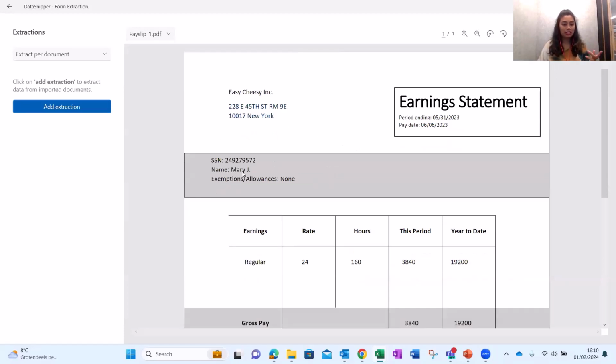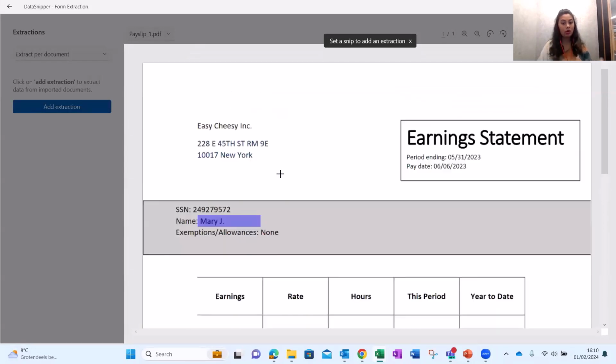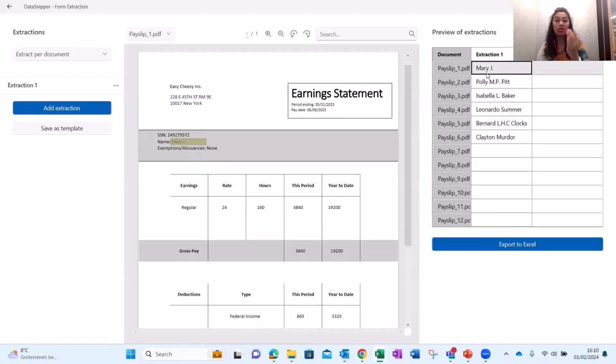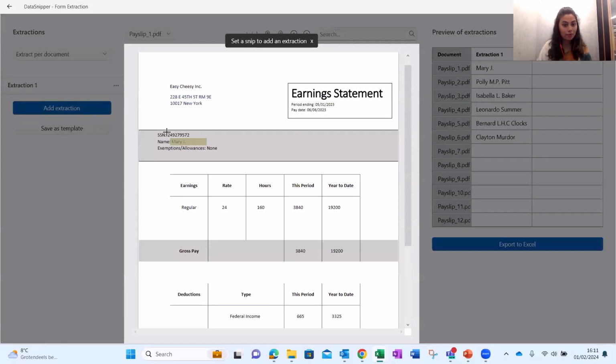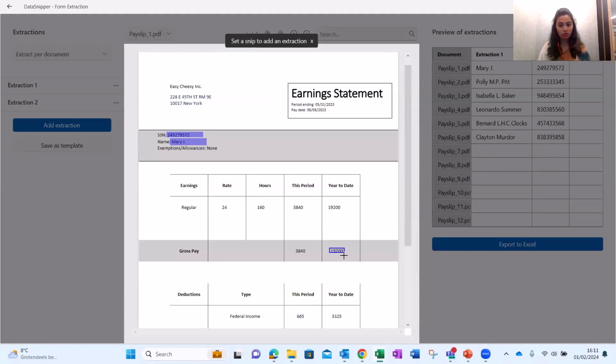Perfect. So let's say we need a name. All we have to do is click on add extraction and draw a snip on name. As you see, the similar information is automatically extracted from the remaining payslips, but not all the payslips. Let's further investigate that. But before that, let's also add an extraction for social security number. Perfect. And maybe another extraction for gross pay